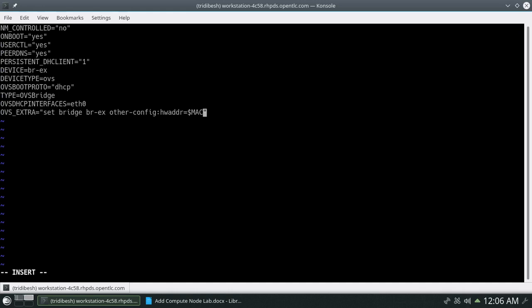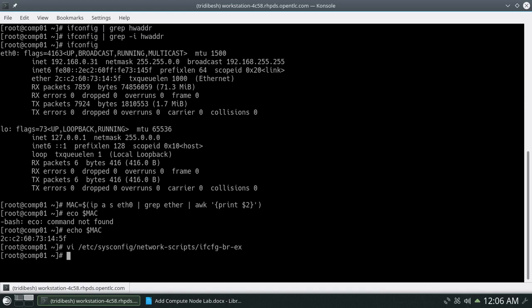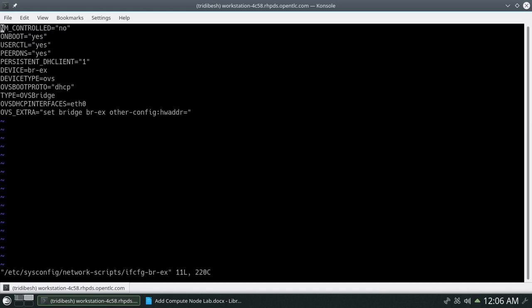In this MAC address we have to replace it with your actual MAC address. Let's save it and come out, then copy this and come back again to that file, Shift G to the last line, and paste it here.